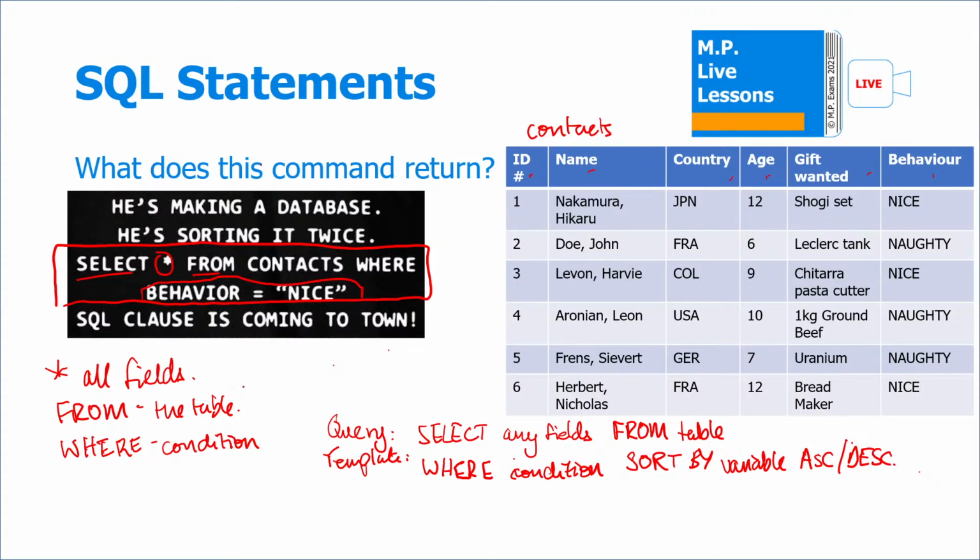So what this ultimately does, this command here, it'll select all the fields, ID, name, country, age, gift wanted, and behavior, where the behavior is nice. For example, this,